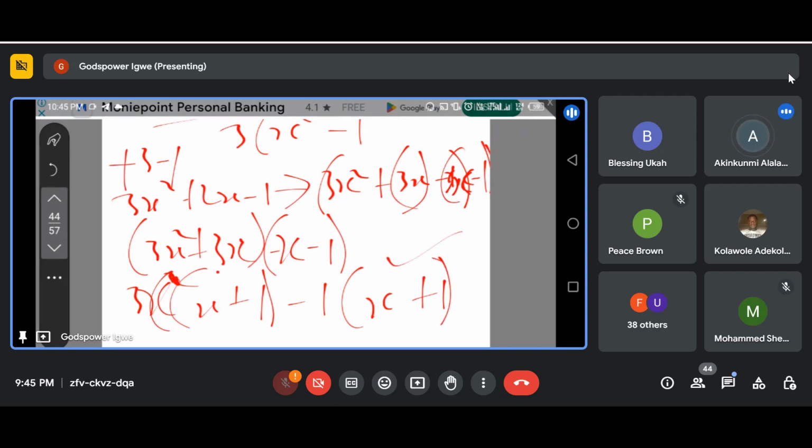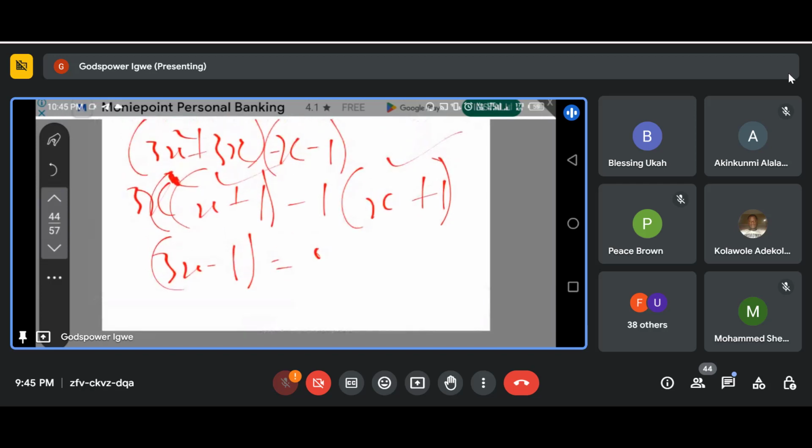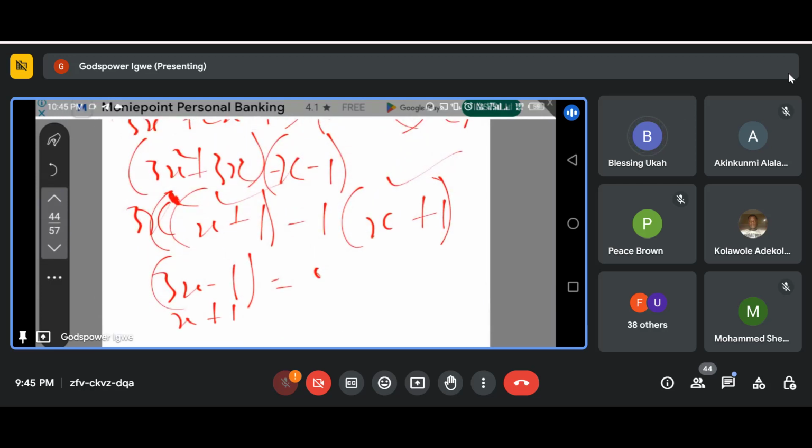So now this and this are looking alike. So this is 3x minus 1 equal to 0, and also x plus 1 equal to 0. x plus 1 is going to give us minus 1. Then this one will give us